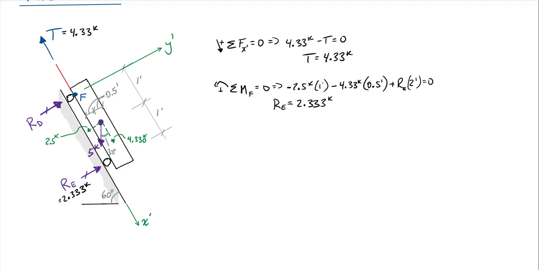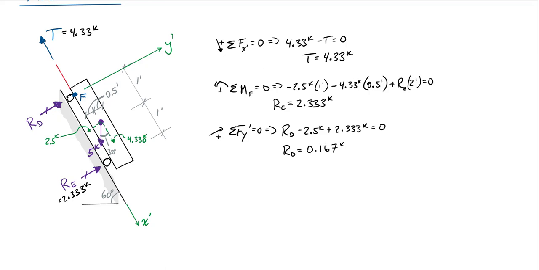2.333 kips. So now I can sum forces in the y prime and get R sub D. And that's going to be positive, y prime is positive. So I'm going to have R sub D minus 2.5 kips, the y prime component of the 5 kip weight, plus R sub E, which is not R sub E anymore, right? It's got a number. It's 2.333 kips. I mean, it is R sub E, but why call it a letter when you can call it a number? It goes into your calculator so much more easily. That's equal to 0. R sub D is equal to